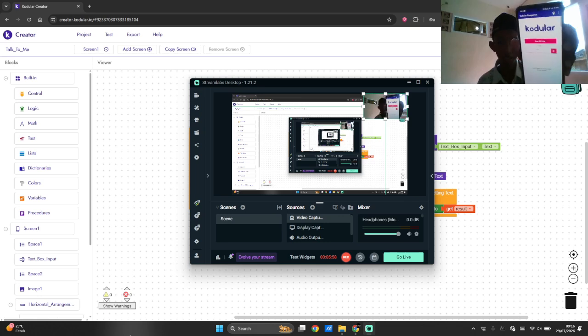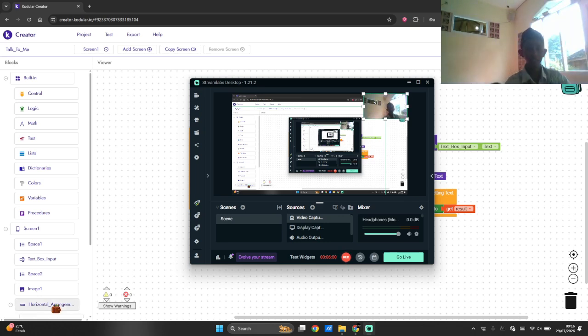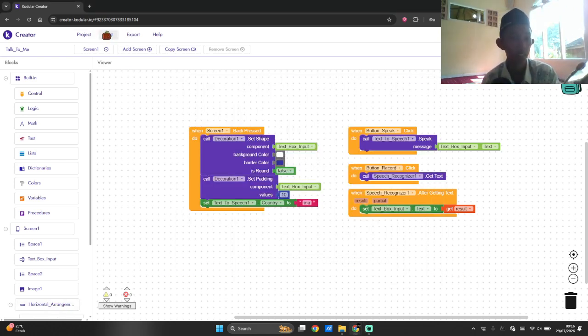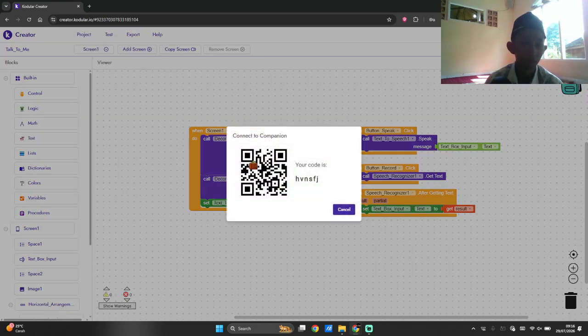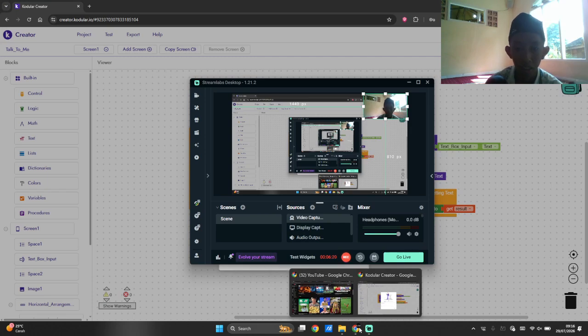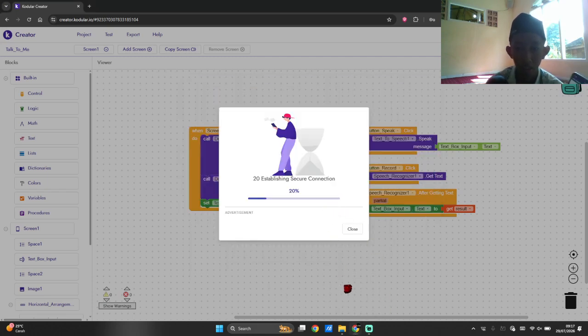You can see it. Then I will test connect to the companion and scan the QR code. Wait while it is loading.